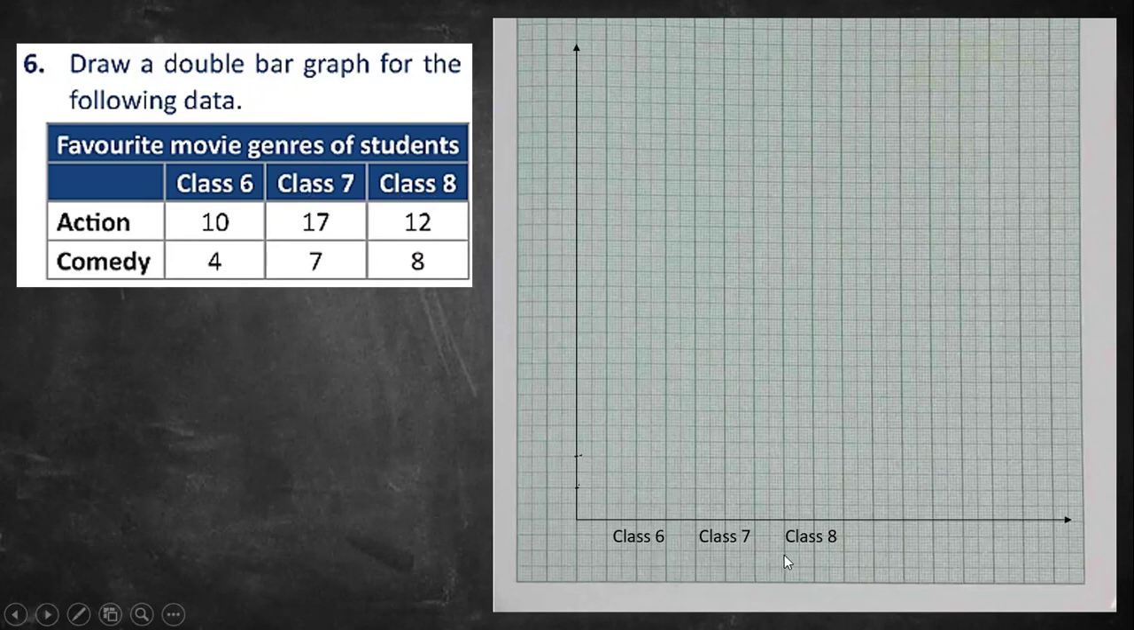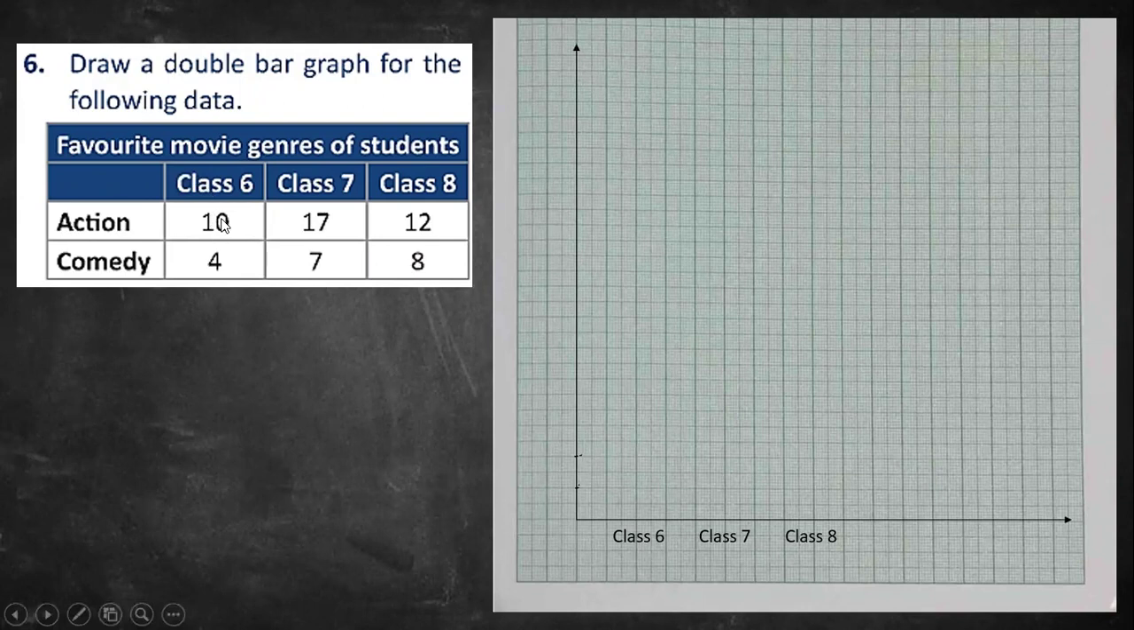Here you can see we have written in two columns. Why? Because we need to draw a double bar graph, so we will use two columns. That is why we have written in two columns. You can see here the gap between them, this one or this, it is the same. Now on the y-axis, we have to write the